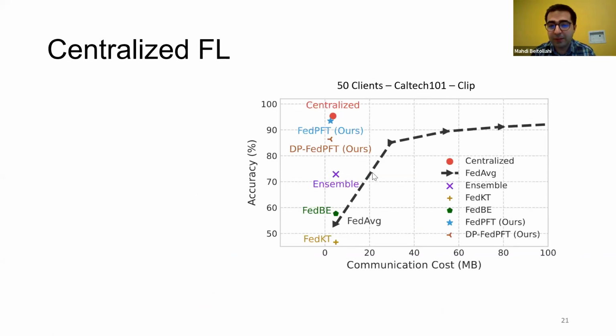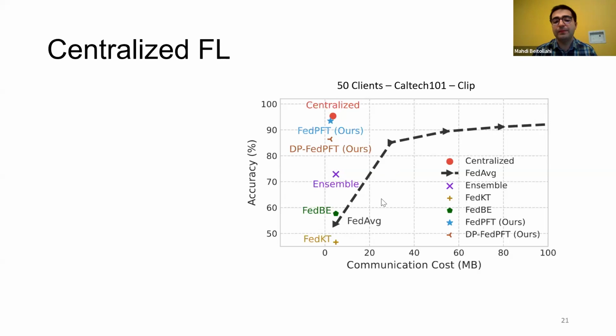So this line here represents federated average. The reason this is a line is because this is a multi-iteration process, right? So we can have multiple points doing this as we perform multiple rounds. As you can see, federated averaging starts very slow because naive averaging in the first iteration doesn't perform well. But as it goes up, it reaches the performance of centralized. Centralized is our oracle, where we assume we have all the real features at the server, right?